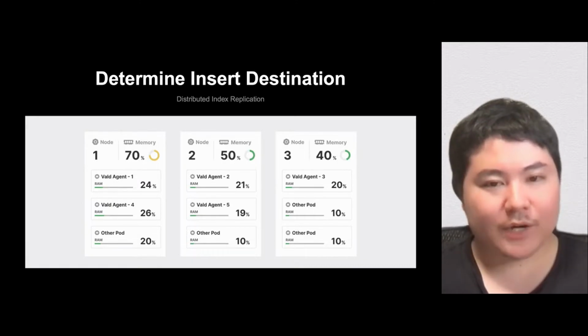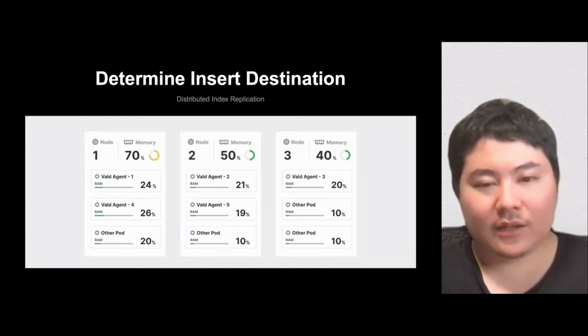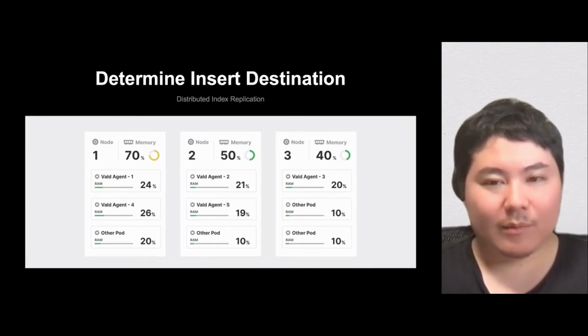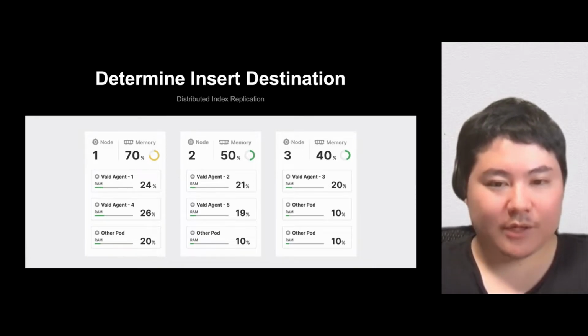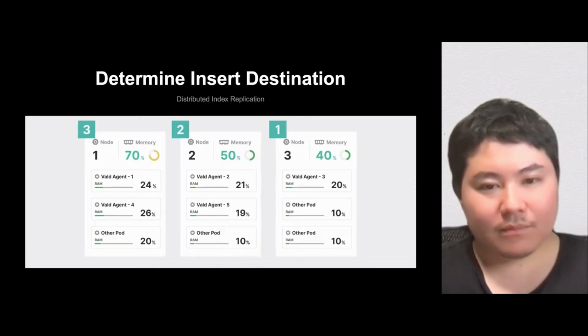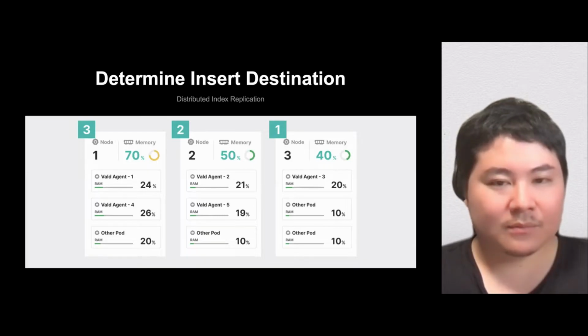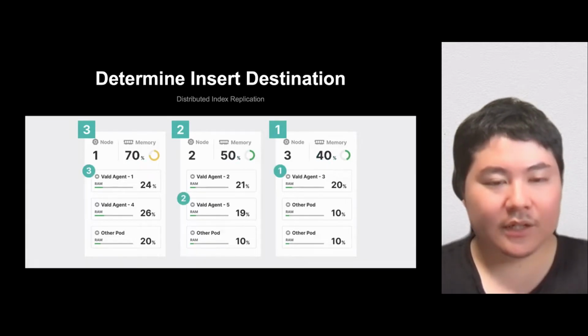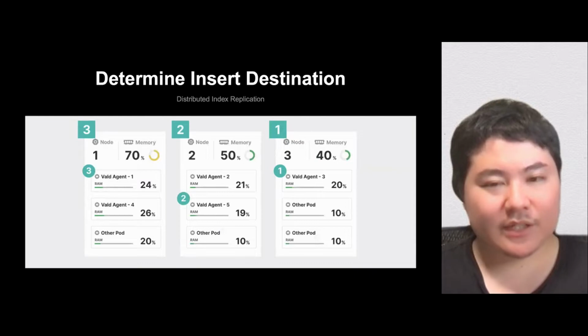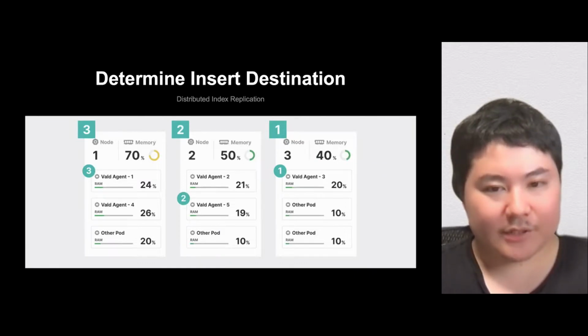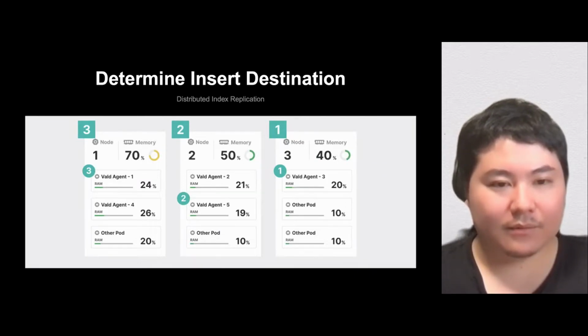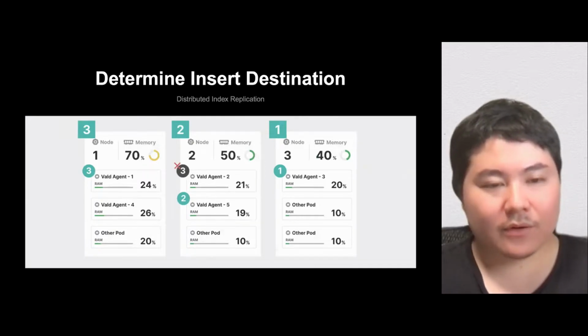The memory usage is different, as shown: 70, 50, 40. The memory usage of each node is obtained, and that is what this prioritization is based on. Next, the priority is determined based on the low node usage situation. And